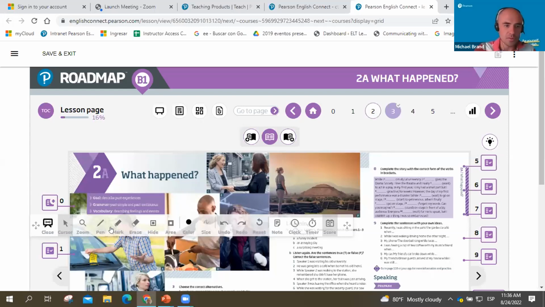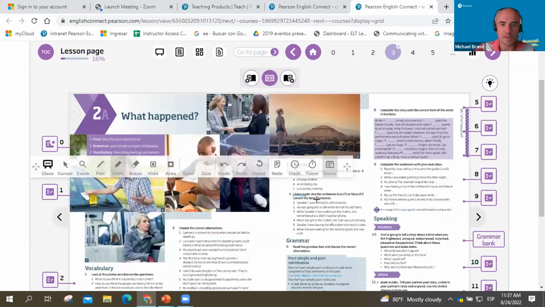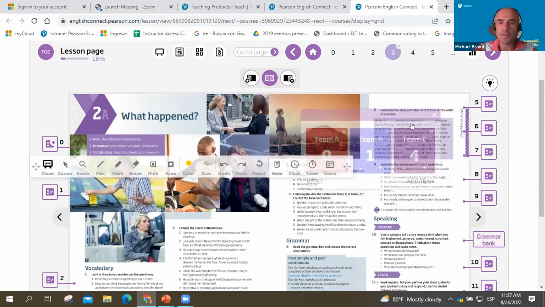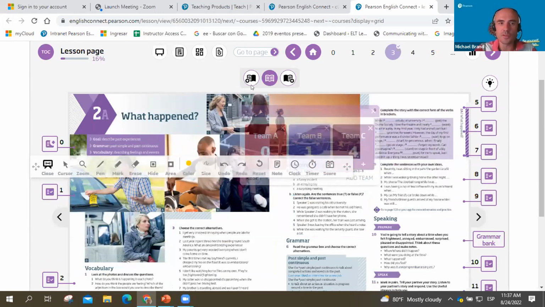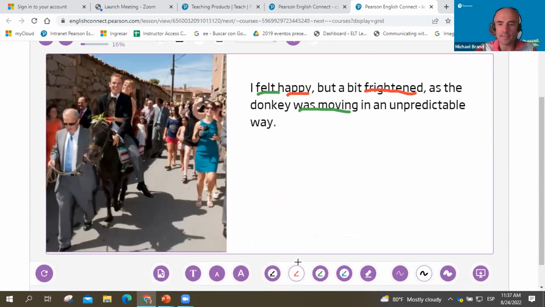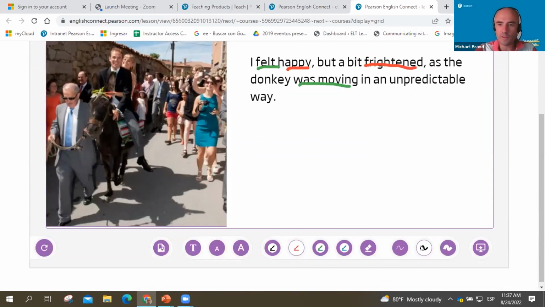If we go back to the teacher's tools, as you'd expect, there are pens and markers to highlight words, or to get students to highlight and underline and find words. I can also reset all of that. Those tools can also be used on the whiteboard. So here I'm going to the whiteboard, and I've just demonstrated that a little bit. So you can write, of course.